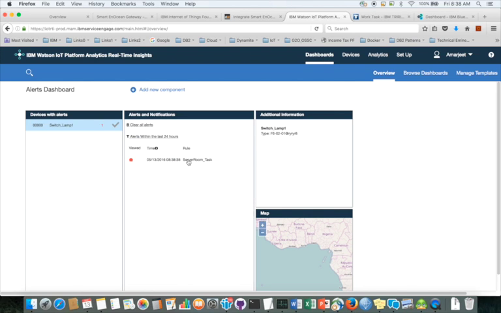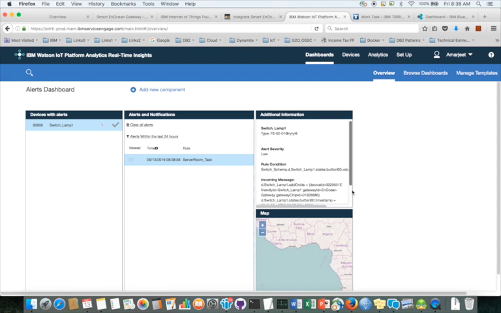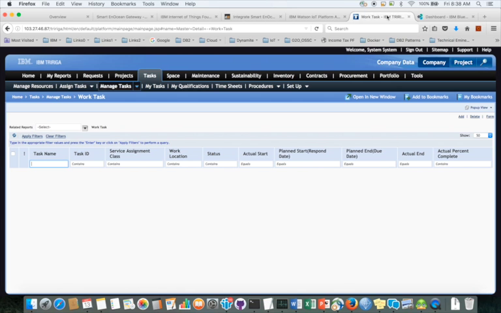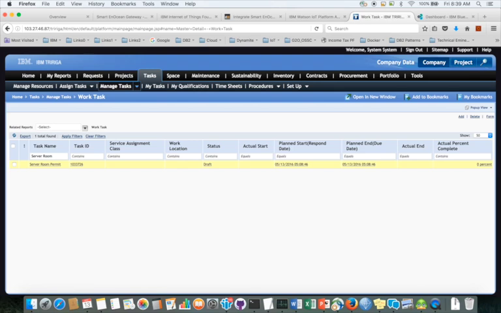And here is our event. So we got a button press event on RTI. Hopefully this would have triggered the TRIRIGA work order. Let's go back and search in the TRIRIGA dashboard. We'll say server room and then press. And here it is. We have a task created in